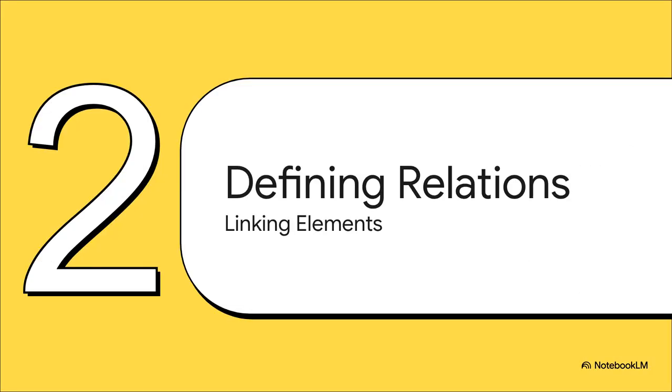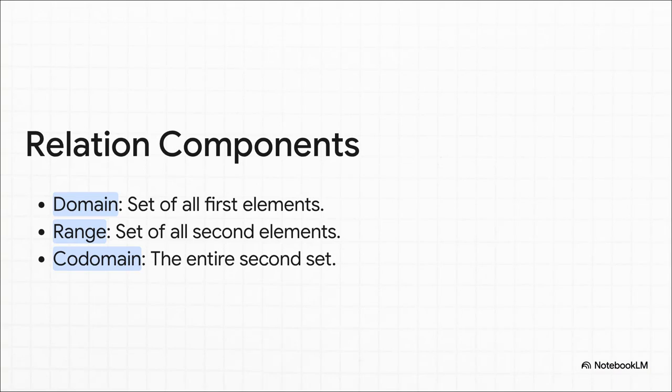All right, moving on to Section 2, defining mathematical relations, linking elements. Okay, so we've cleared level 1. This is where things start getting really interesting. We're going to take those basic Cartesian combinations we just mastered and actually start applying specific filters and logical rules to them. Let's nail down the core vocabulary first, just so these terms don't totally blur together in your head